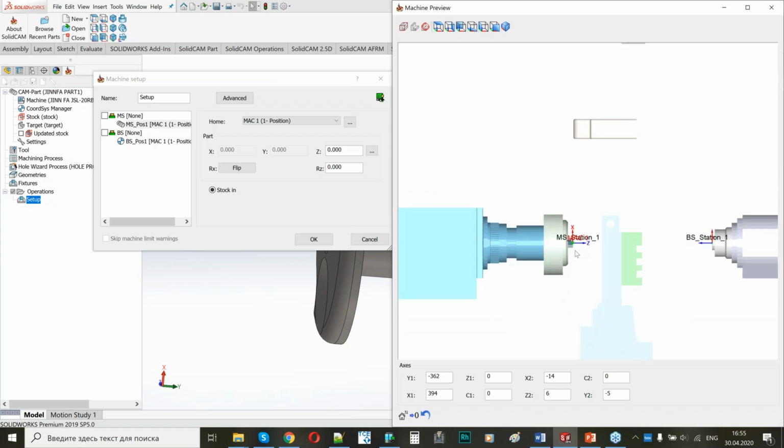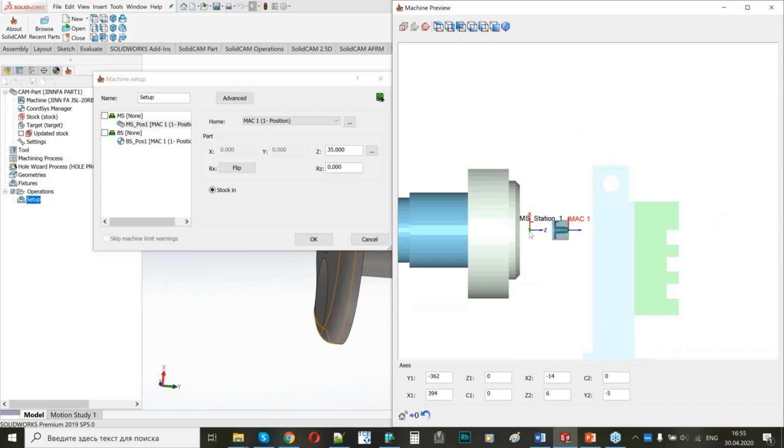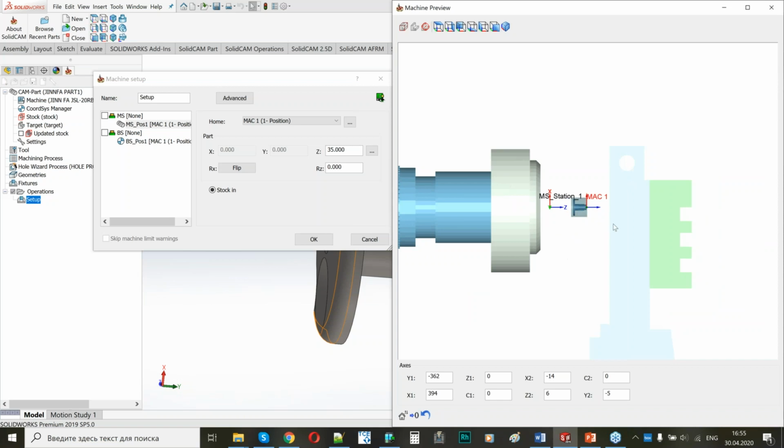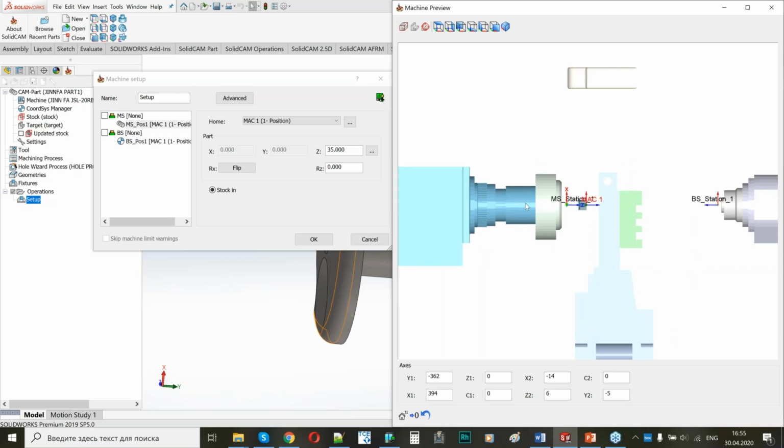Also, I will add the allowance for the backface separation and some safety distance. So for this machine, I will apply 35 millimeters. This is more than the length of the part, and on this machine simulation, you can see that the part is moved out of the guide bush, but in fact, during this process, it will be unclamped inside the main